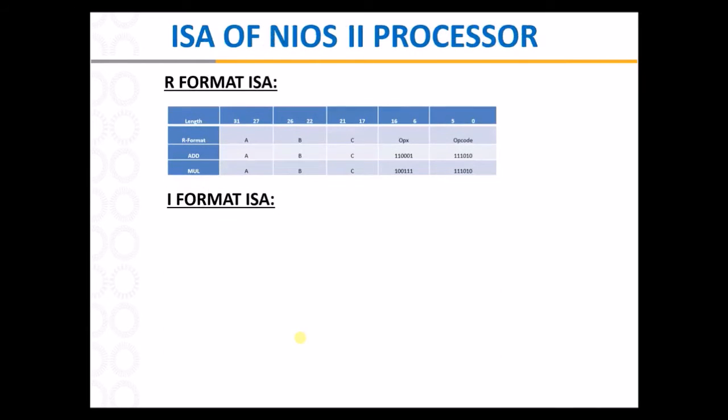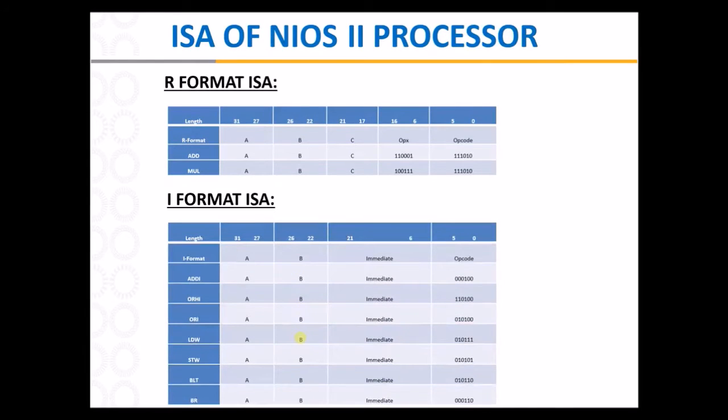Instruction set architecture of the NIOS II processor. I have implemented the R format and I format instruction set architecture, and the instructions present in those formats are shown in the table here. In the R format instructions, you can see the multiply and add instructions with the corresponding opcode and the opx values. The upper row indicates the fields wherein the opcode starts from, since the NIOS II processor is a 32-bit processor,